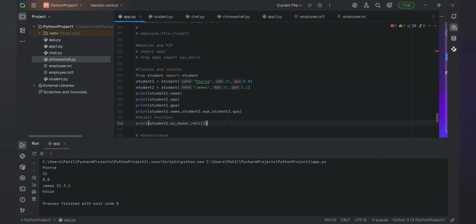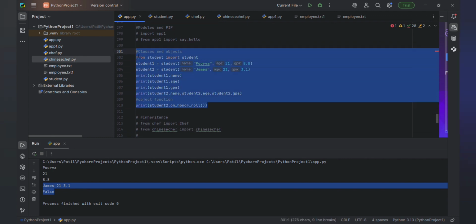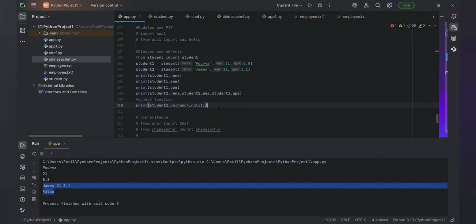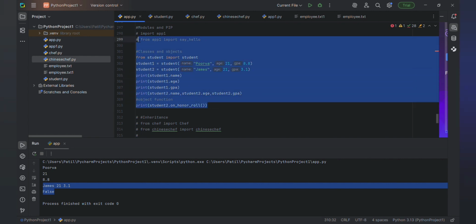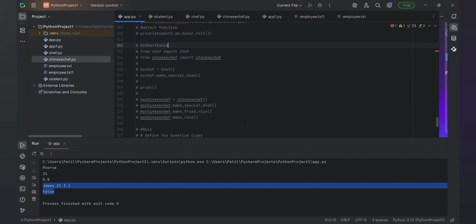So the output will be false. See, printing that. These are the classes and objects. So you can check the four pillars, like what I have said: polymorphism, inheritance, abstraction, and encapsulation. Inheritance I will tell you later because that is very important. You can check a very easy example, ChatGPT will give. So you can check it out there. Let me comment this. And the next thing is I will tell you inheritance.